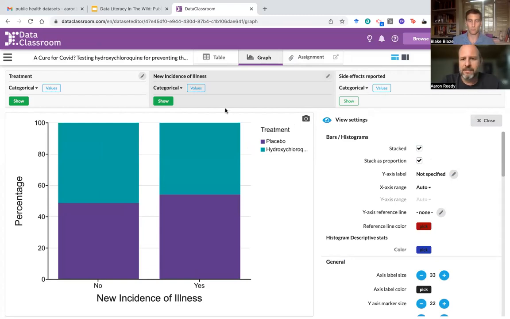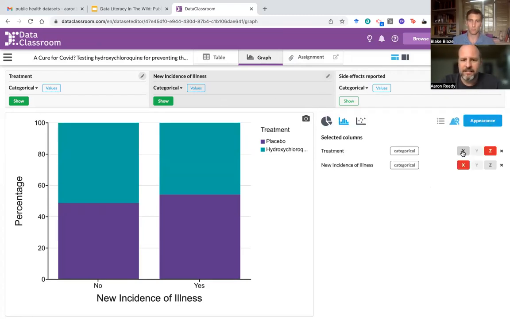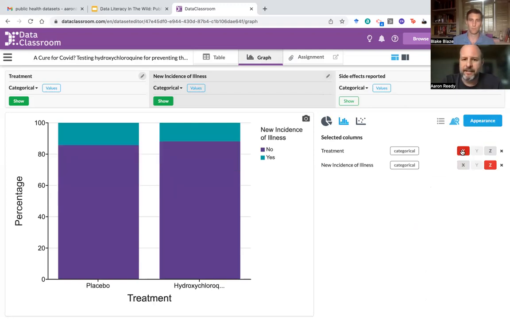And so we can see these data like this. I might even flip around my treatments and put treatment on X and new incidents of illness on there, and just look at these bars. What's your first impression? Well, my first impression is that these are not very different from one another. And it looks like there were slightly more patients that contracted COVID in the placebo group than there were in the